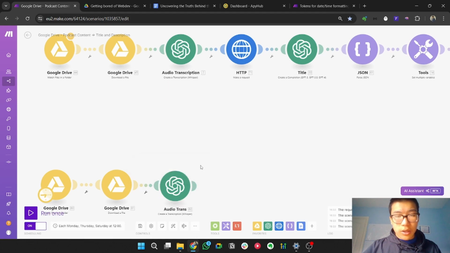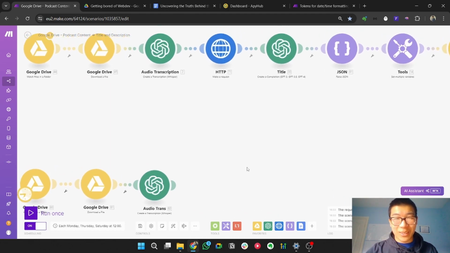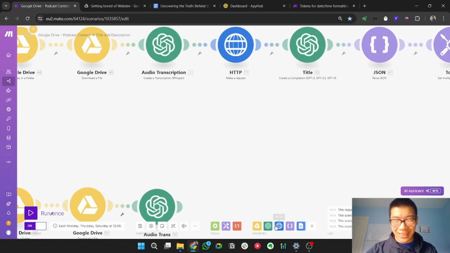So it's nice because Make has about, depending on what plan you're on, about 5-ish gigabytes of data transfer, and these files are, depending on what you do, 3 to 5 MB long, which isn't a lot because you'd have to do what, 1,000 podcasts 5 minutes long. No, that sounds wrong. I'm not even gonna try to do math. It's not even worth it.